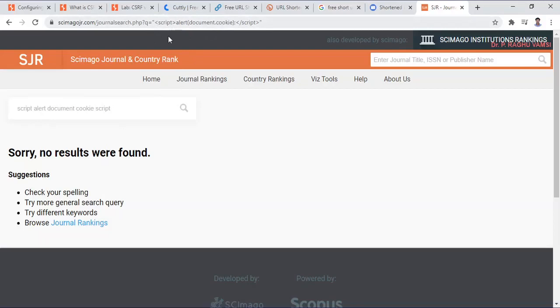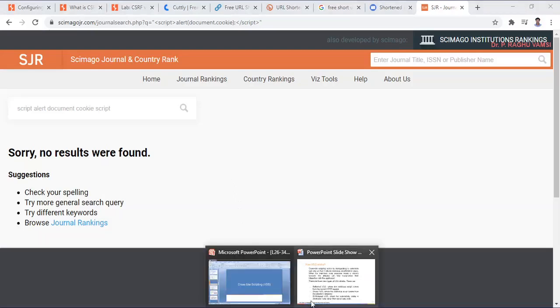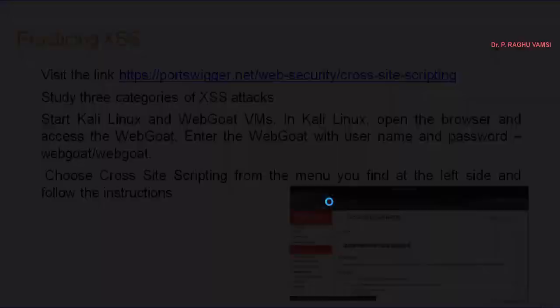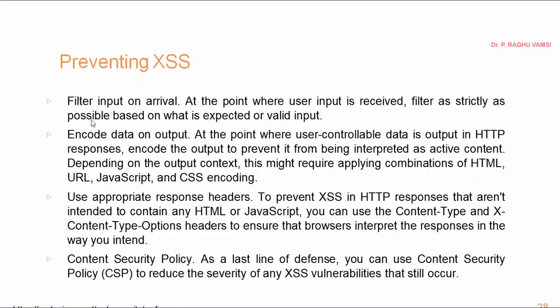Less than symbol, greater than symbol, it removed, and only the keywords are kept. That means this website is somewhat cautious about the malicious script that will be entered by attackers. So that is what we have seen as a countermeasure to cross-site scripting.